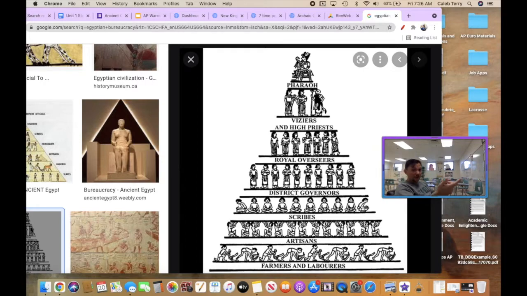Now, going into it even further, though, the viziers then tell these people known as royal overseers. Royal overseers then go to the district governors, and those district governors are all in charge of the different nome system. The district governors tell the scribes to code it and write it down, and then it carries itself into the artisans and laborers of society. So this way, with Senusret, you've got this multi-level government, so the pharaoh can just say to do a thing, and then it will happen, and it'll be much more efficient.